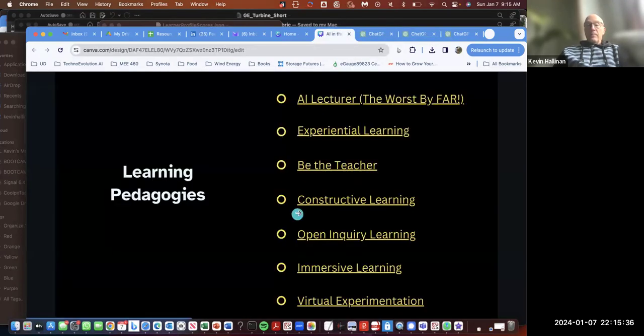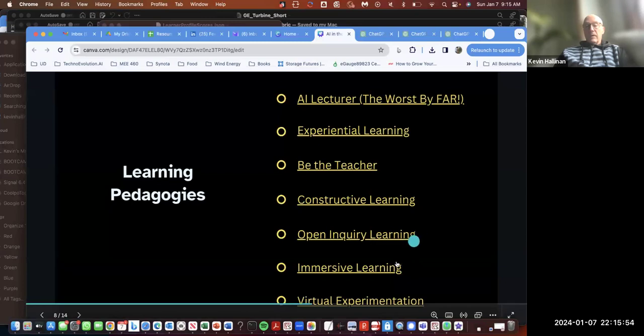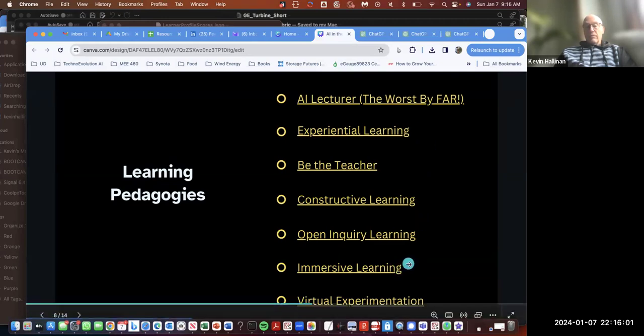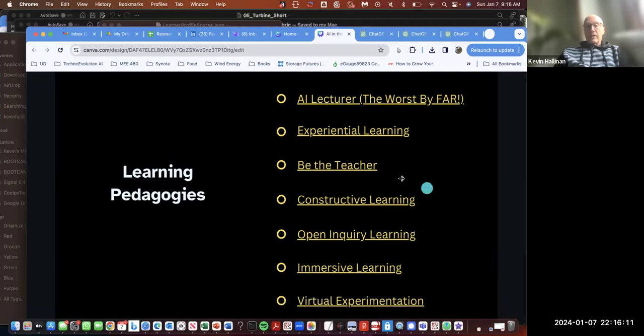Here. So I really like this pedagogy, constructive learning, and open inquiry learning, and adapting to students' efforts. Really love the immersive experiential learning in guiding students through projects and experiences. Immersive learning for putting students and learners in a context. But these two pedagogies apply to anything, and so does